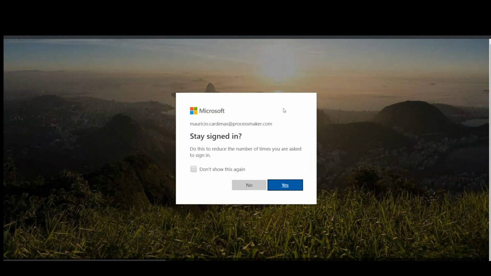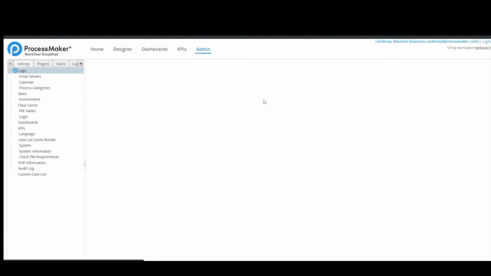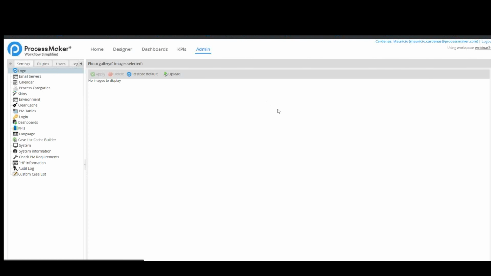And voila. Perfect. So I just logged in using the SAML authentication and the settings version. So let's move to